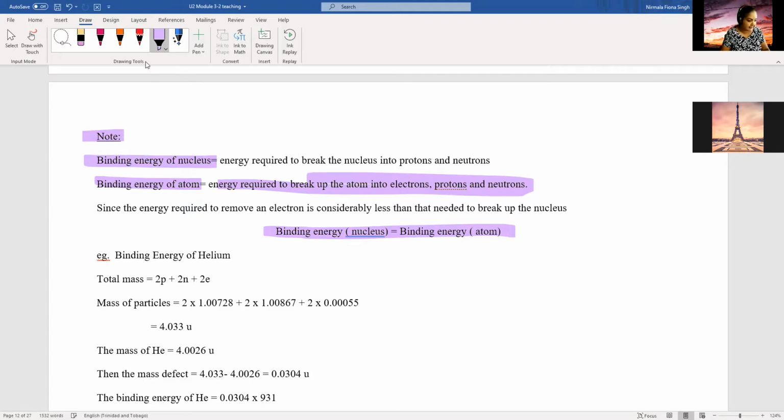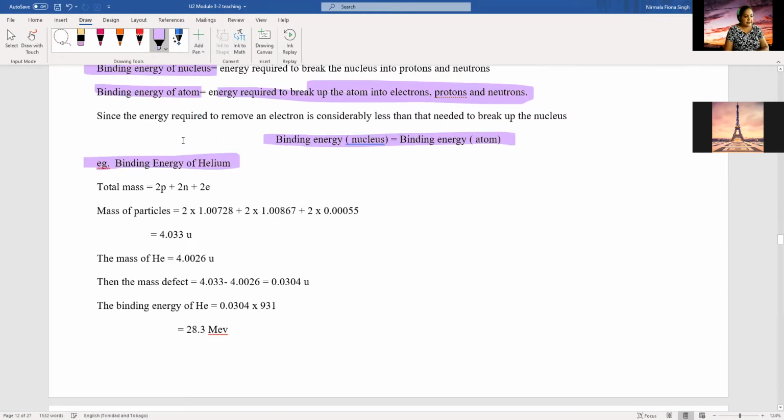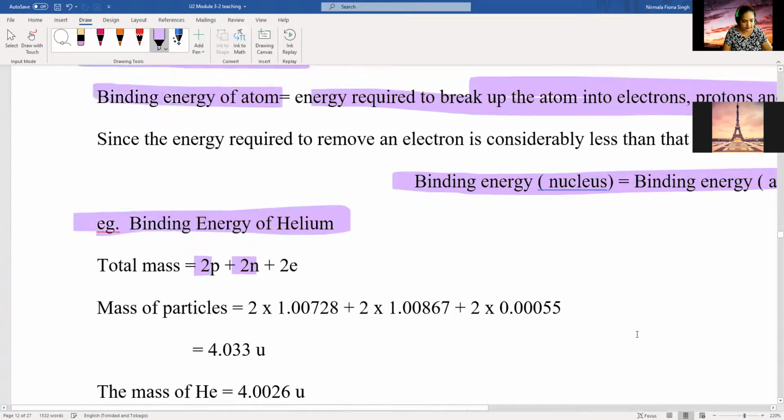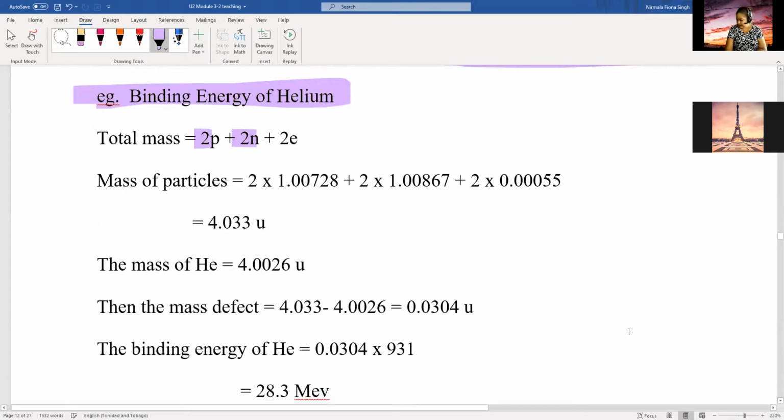So let's take an example here. We want to look at the binding energy of helium. Helium has a mass, which is the same diagram we had above, right? The total mass of a helium atom, 2 protons, 2 neutrons. Let's go in a little bit closer. Hope you have your calculators around. I don't even know where my calculator is, but all right. So we have the mass of helium, 2 protons, 2 neutrons, 2 electrons. And if you want to get the total mass of your particles,